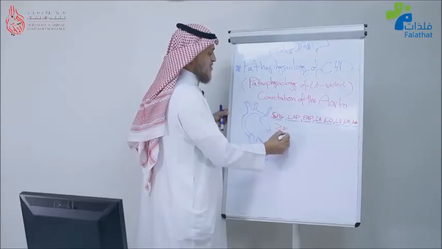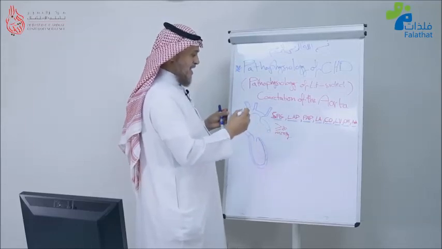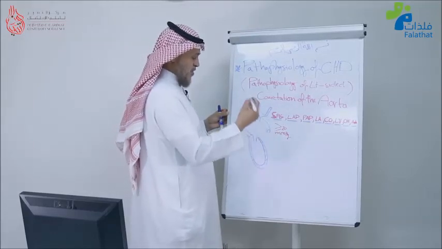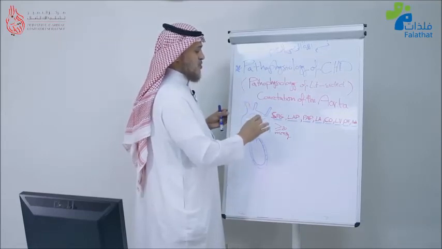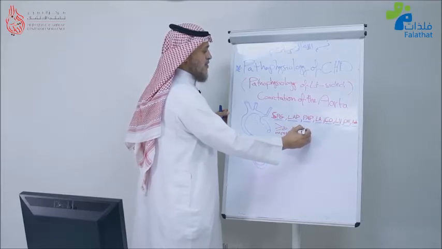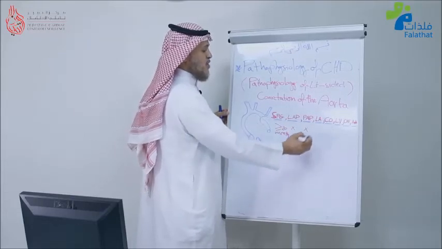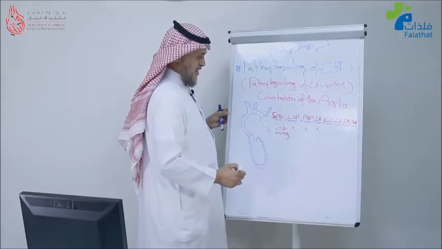Obviously, such a difference is mild, so it is not going to cause elevation of the left atrial pressure, nor elevation of the PA pressure, nor change in size of the left atrium,